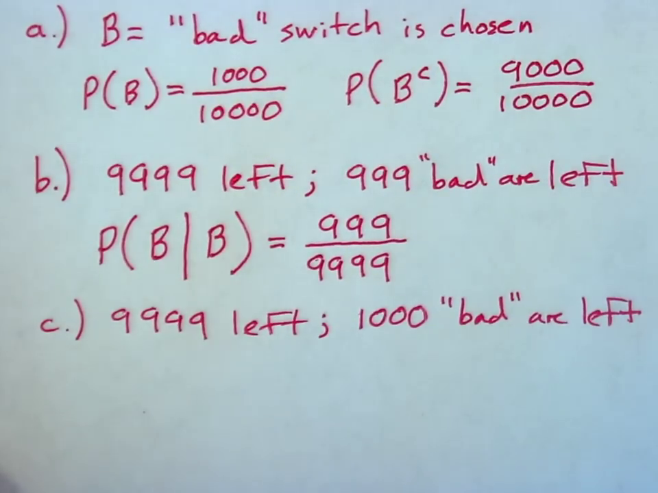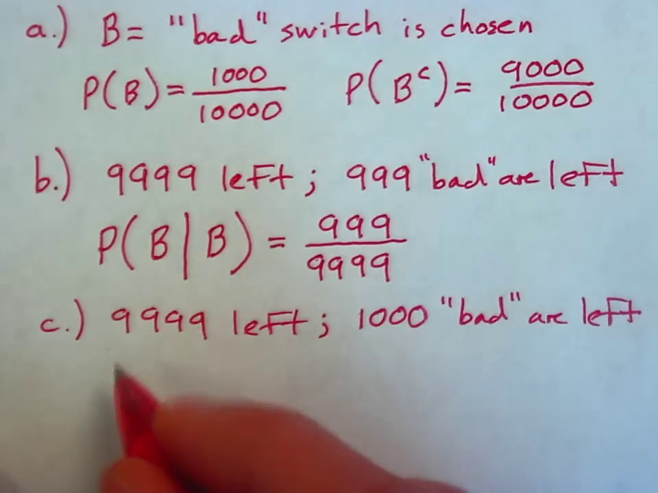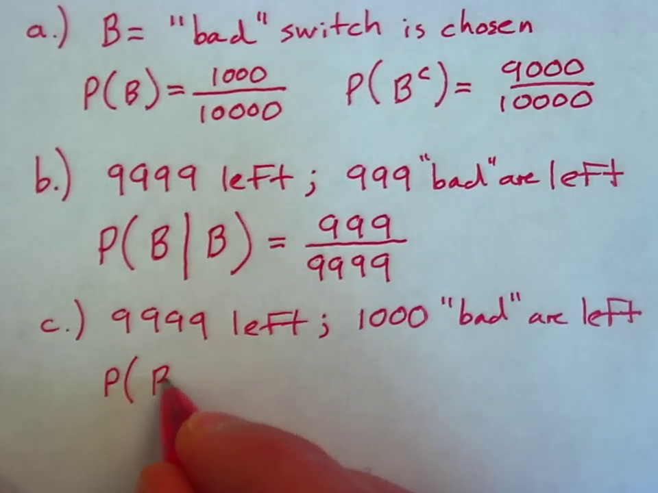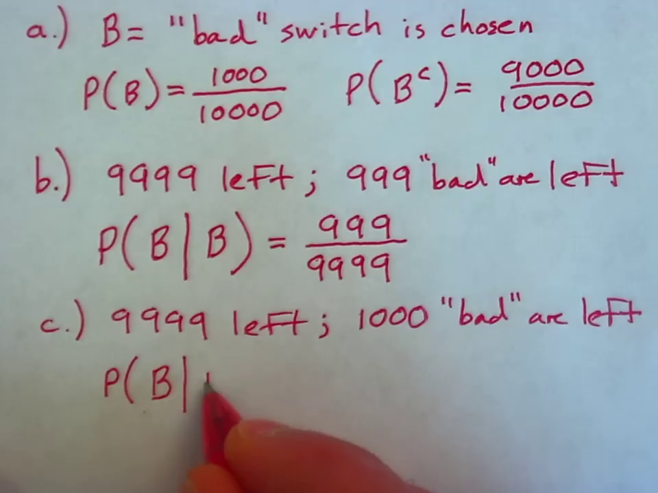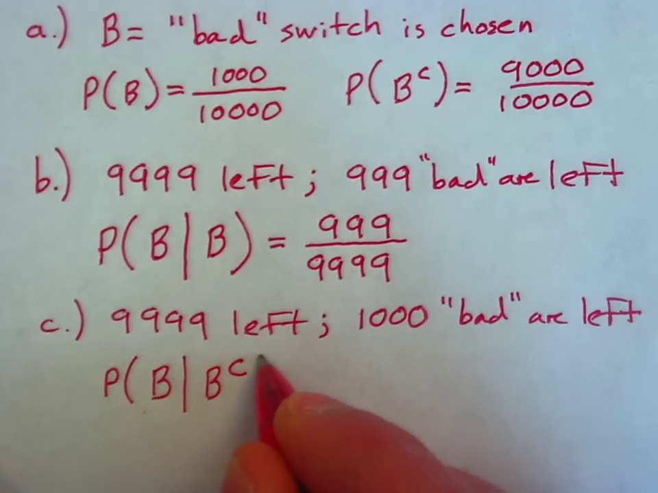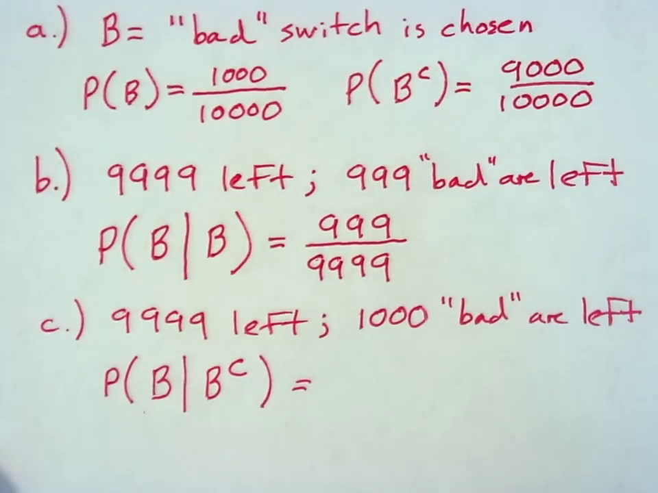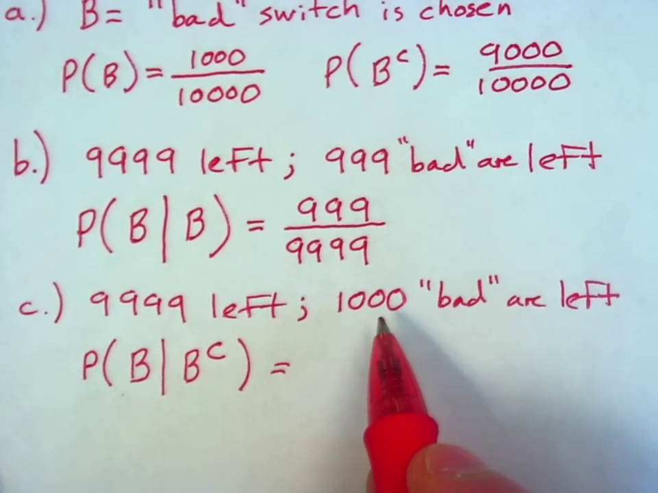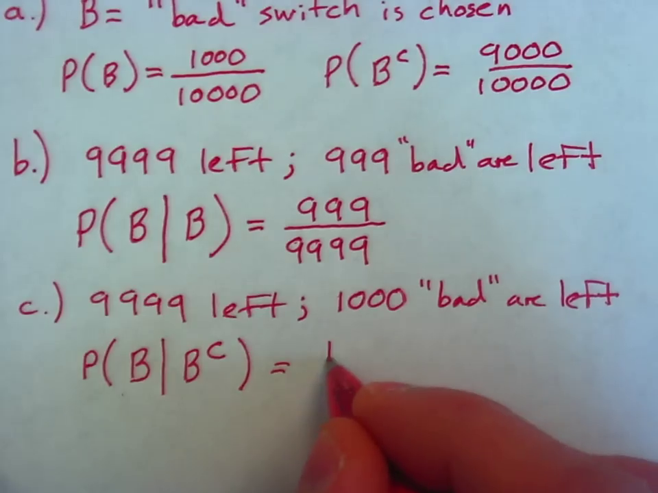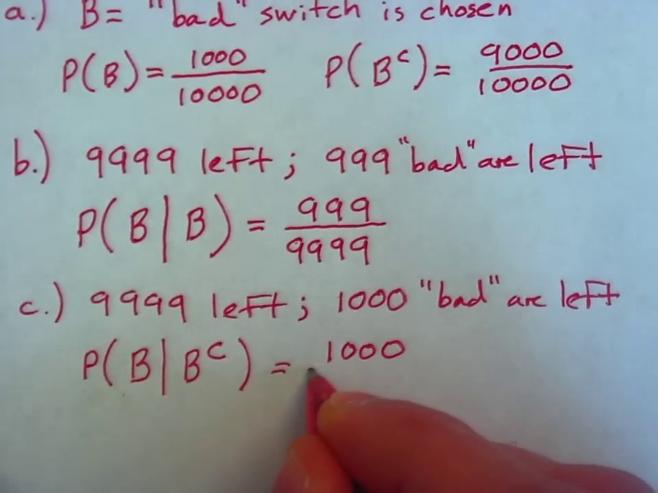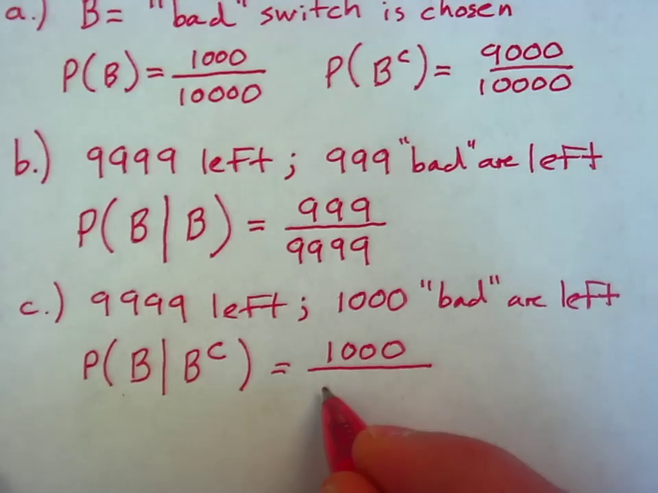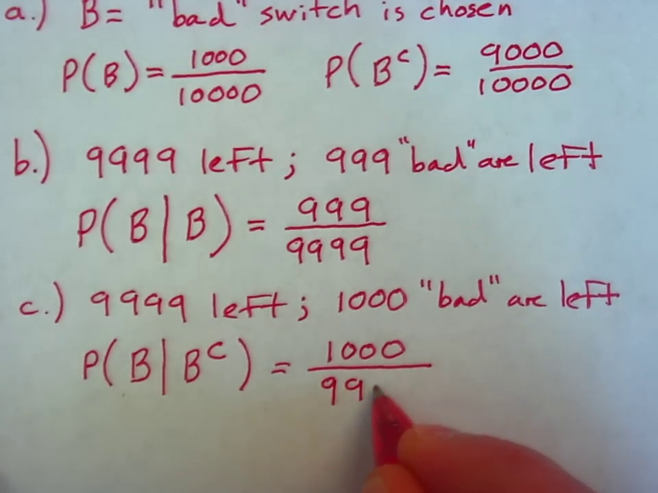So I am drawing a second switch. What is the conditional probability that the second switch is bad? But now we're assuming that the first switch was not bad. We'll call that the complement of bad. So understand, there are still 1,000 bad switches left that could be selected, but one of the good switches is gone, so that means instead of a denominator of 10,000, the denominator is down by 1. It's